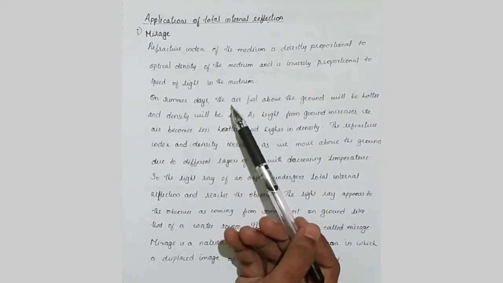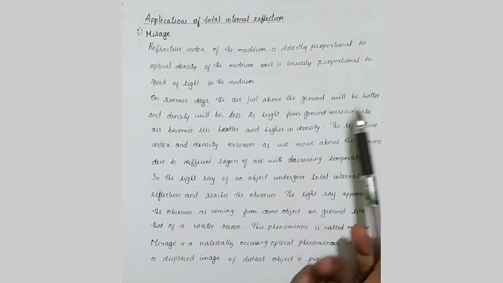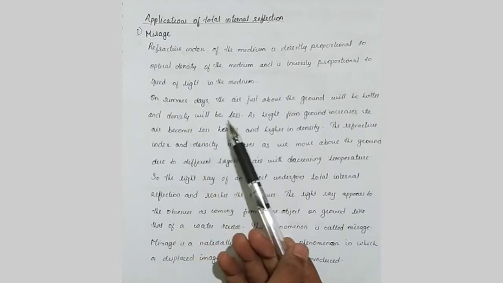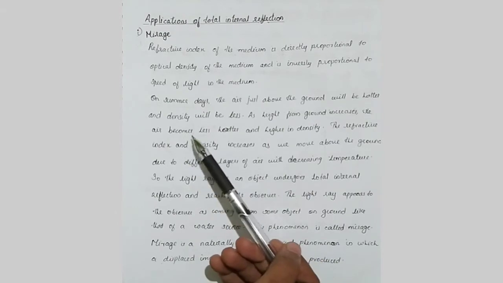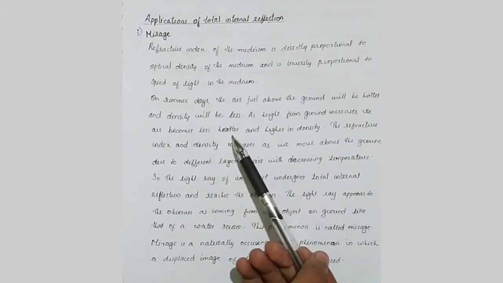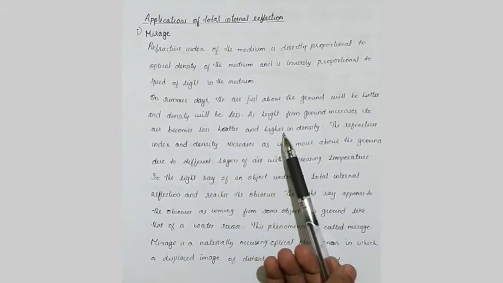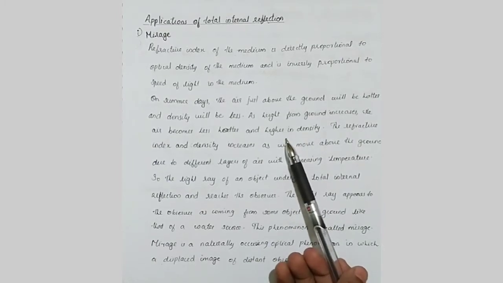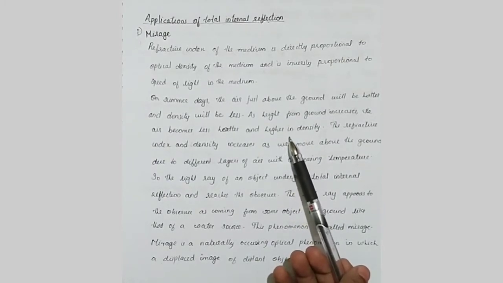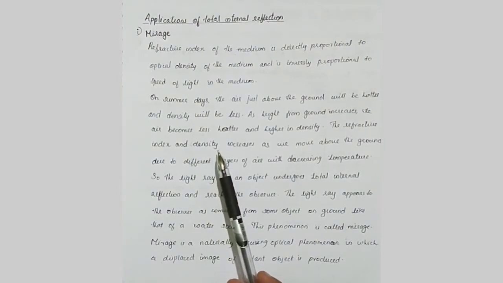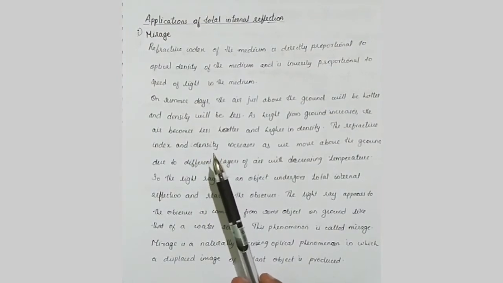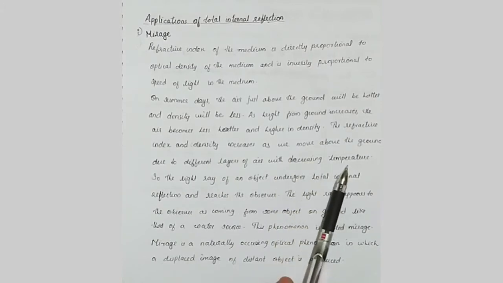Now on the summer days, the air just above the ground will be hotter, and therefore the density will be less. So as the height from the ground increases, the air becomes less hot and the density will be higher. So there is a difference in the density of the air formed above the ground as the height increases. It is because the different layers of air above the ground will be at different temperature, and that causes difference